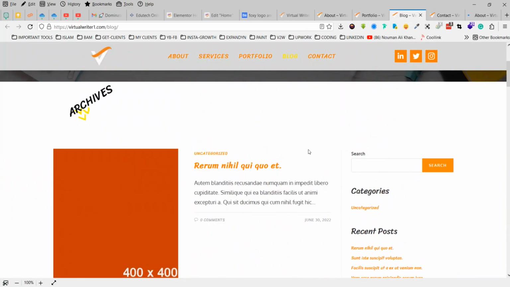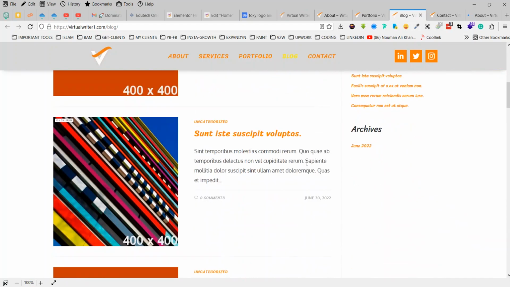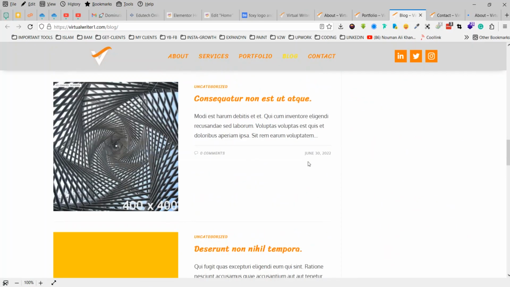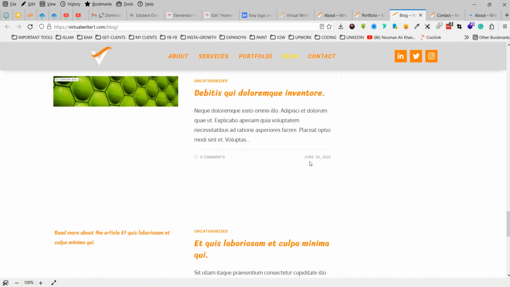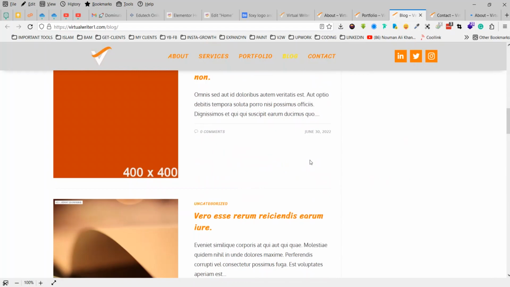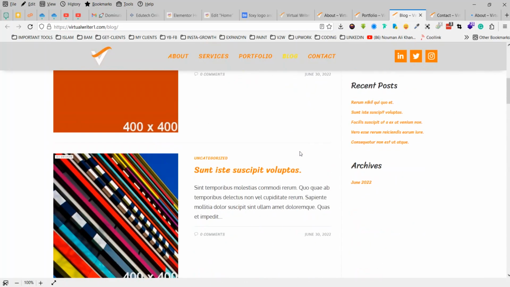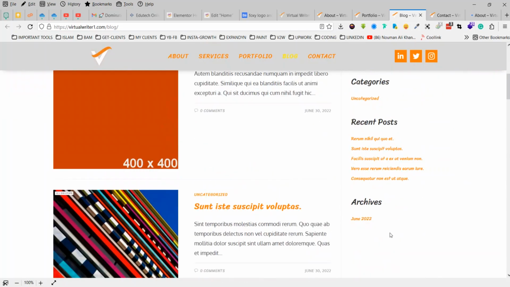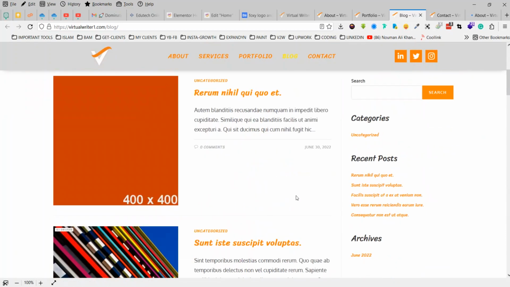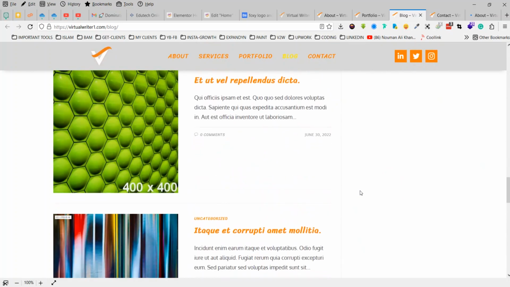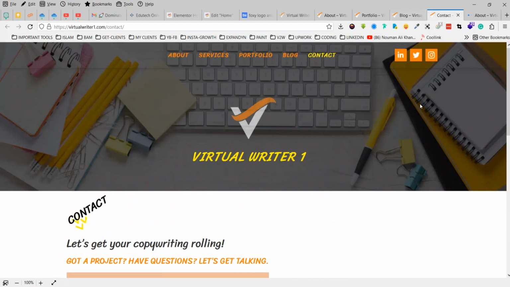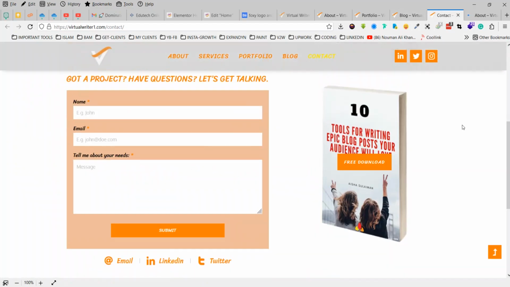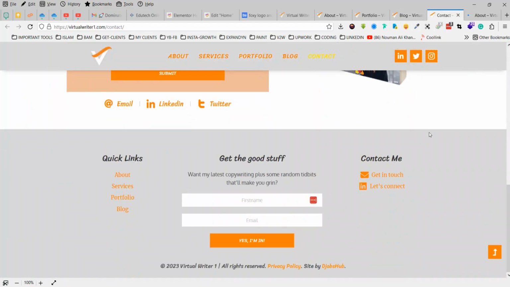Look at this. You are using a website, and your website, the blog is not even functional. I hope you have not been sharing this website anyway. I hope you have not been sharing it. The blog is not functional at all. I can see June 2022 archive, and this person actually just used a template, and just changed the colors and just put some content. So because there is no customization